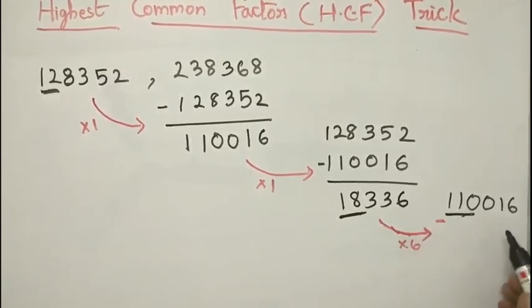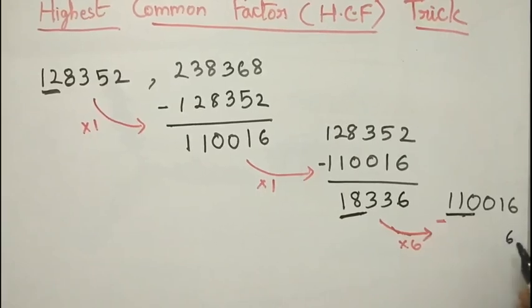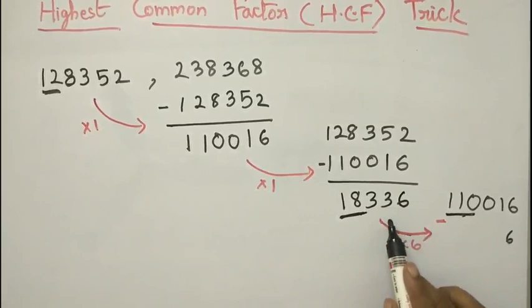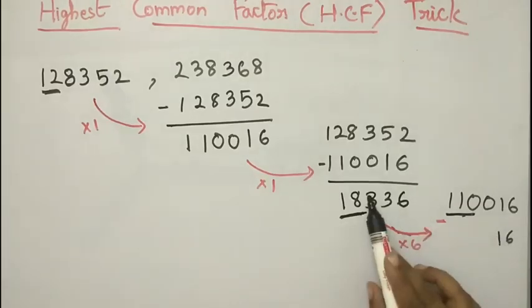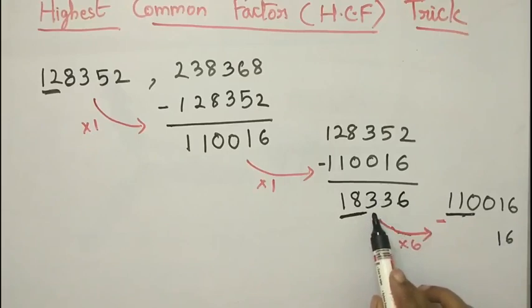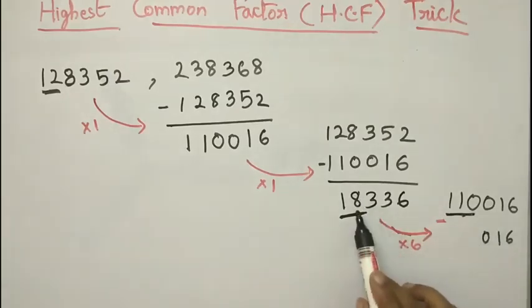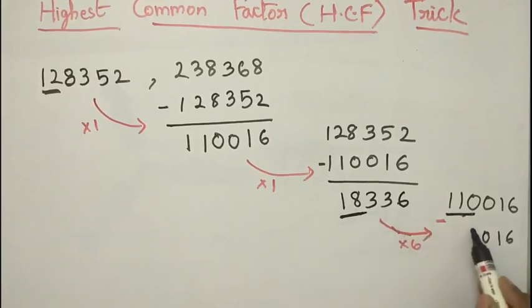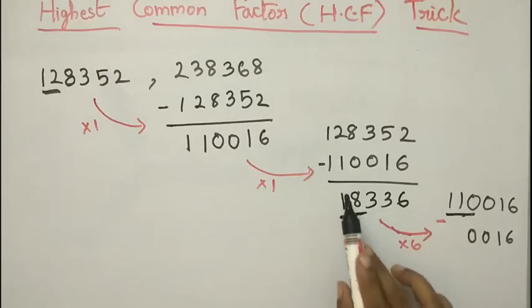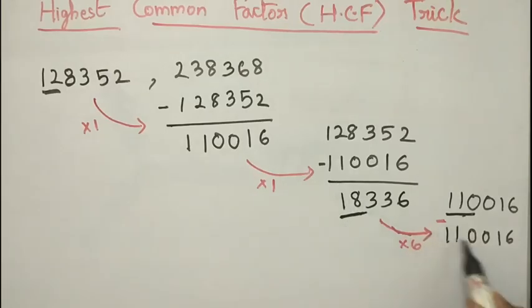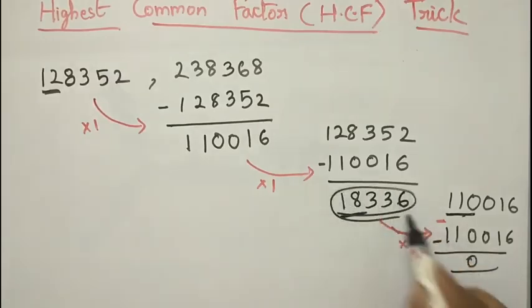If I multiply into 6, I will get 6 6s are 36, 3; 6 3s are 18, 18 plus 3 is nothing but 21, so 2; 6 into 3 is 18, 18 plus 2 is 19, 20, again 2; 6 8s are 48, 48 plus 2 is 50, so again 5; 6 1s are 6 plus 5 is nothing but 11. I did a mind multiplication, and if you subtract, this becomes 0. So this is nothing but the HCF.